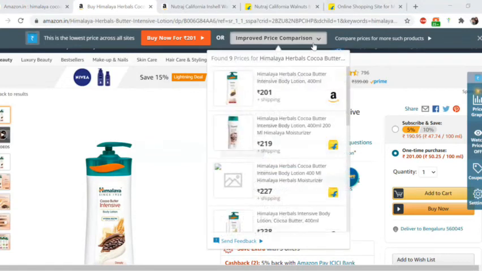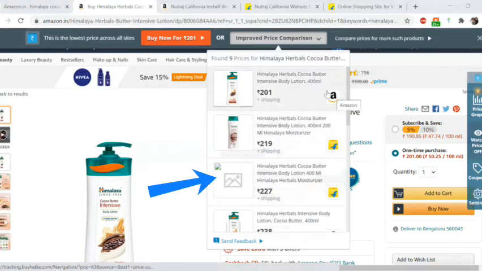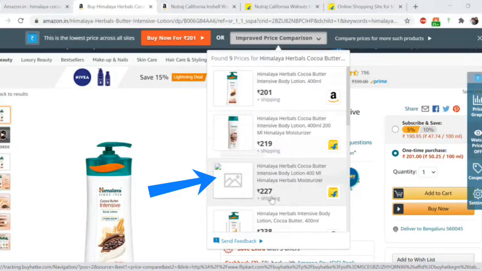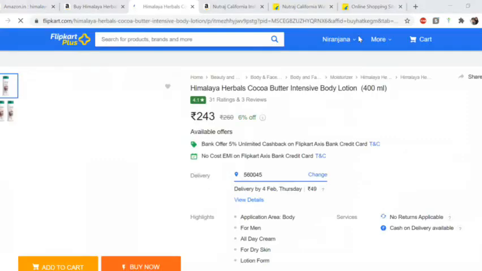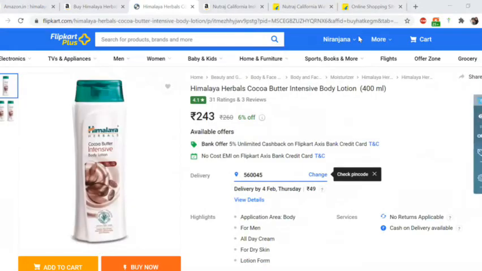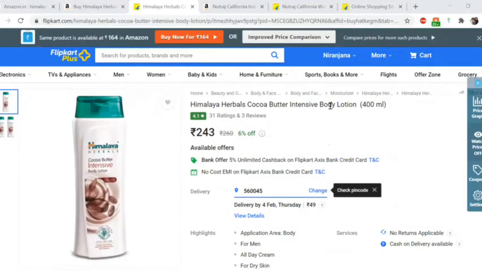From this improved price comparison drop down, we can see that it is better to buy this product in Amazon itself, because the same item is available at 227 rupees in Flipkart. So with this, I'm not saying that the items are cheaper in Amazon. This is just a comparison tool with which you can decide from which site to buy.